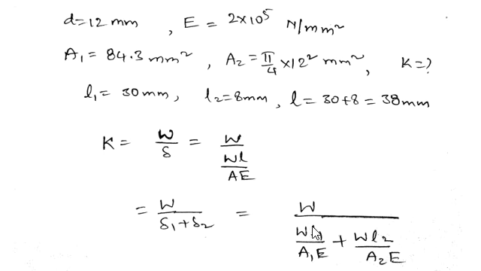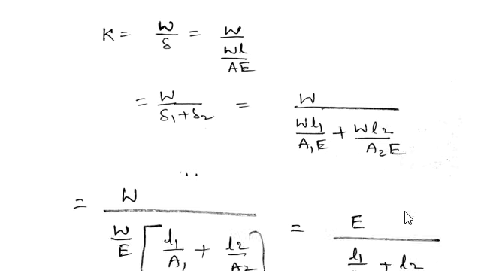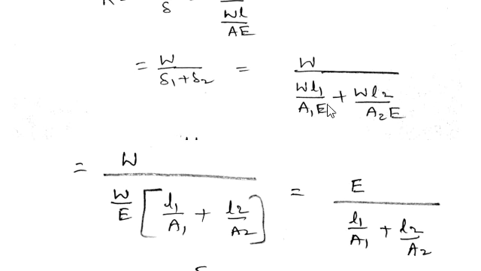And if you see here, W is the same for both cases, and L1 is the length of the threaded portion, and A1 is the cross-sectional area of the threaded portion, and E is the material property, so it is the same for the threaded and unthreaded portion. And delta 2 is the elongation of the unthreaded portion, the load is the same, L2 is different here, and the area of cross section is also different, and E is the same. So when you write once again, in the denominator you can take W by E common, so you can write L1 by A1 plus L2 by A2, and this W cancels and E goes upside.